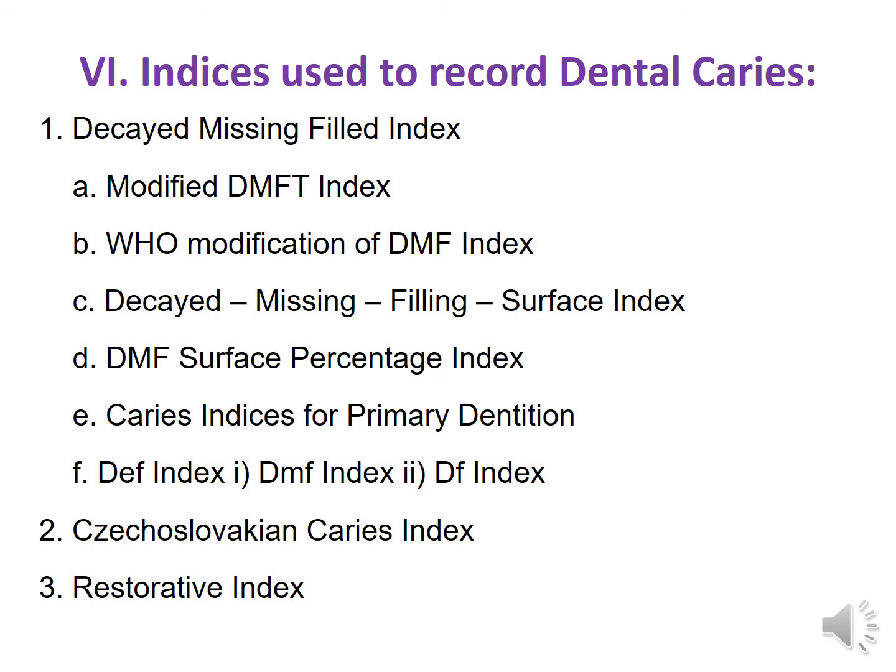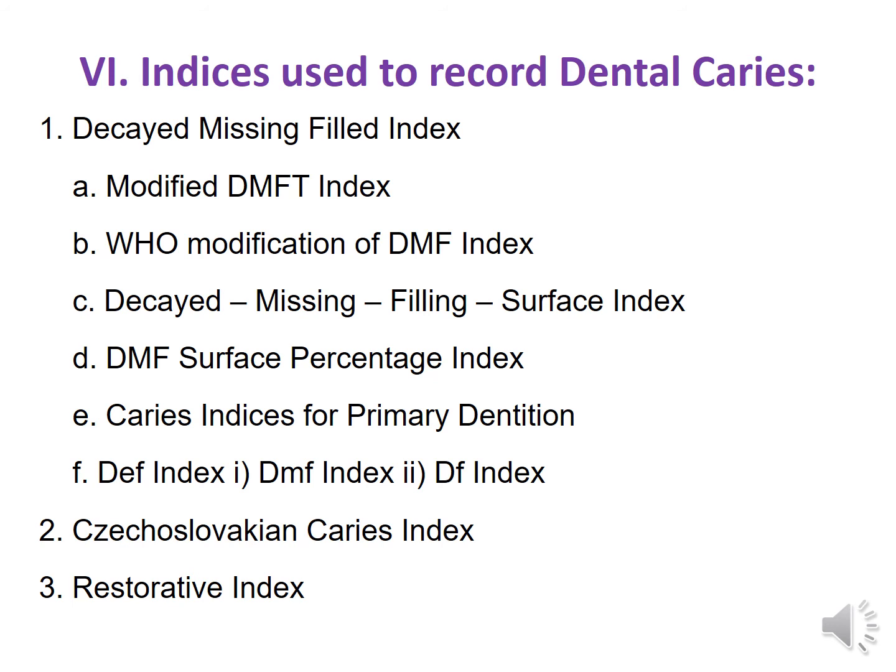One of the most important records that we use is the first one, decayed missing filled teeth, DMFT. It can have modified DMFT index or WHO modification of DMF index, or decayed missing filling surface index, or